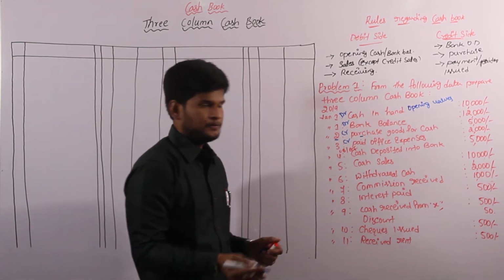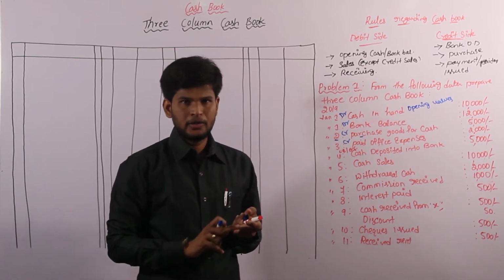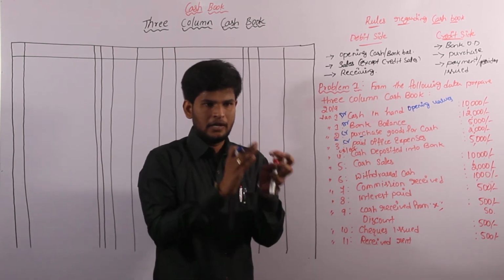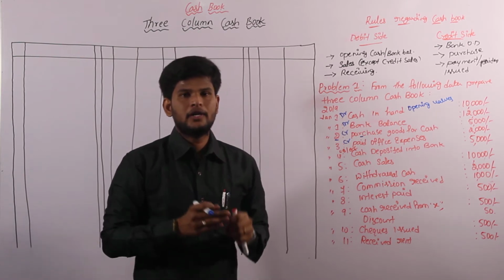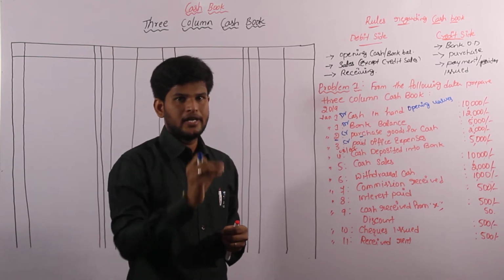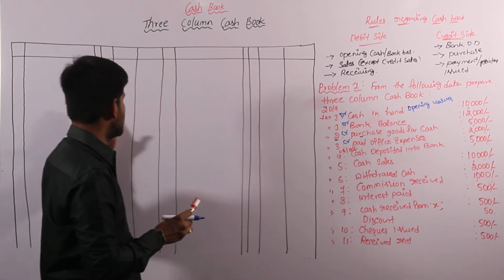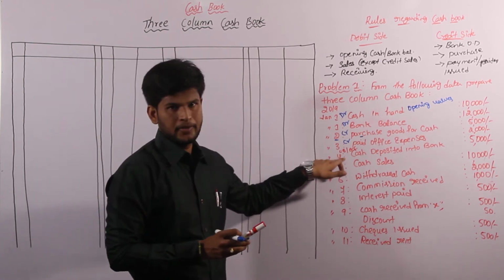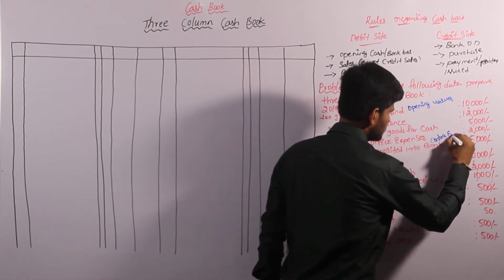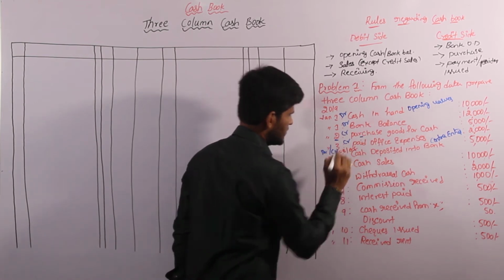Once again I am repeating, cash deposited into bank, cheques deposited into bank, cash paid into bank, or cash sent to bank. Whatever the transaction, if anything is deposited into bank, it will be called a contra entry. Whenever we identify a contra entry, we have to write it. A contra entry is a two side transaction. We have to write it on the debit side as well as the credit side on the same day. Contra entry must be satisfied on the debit side as well as the credit side.